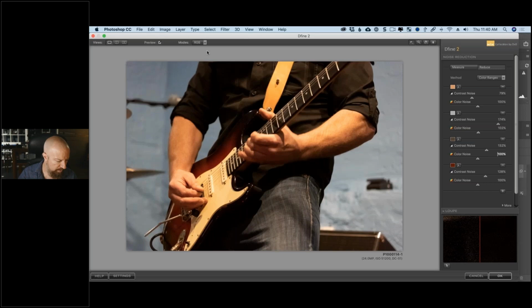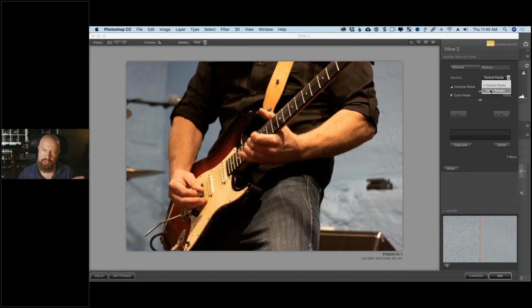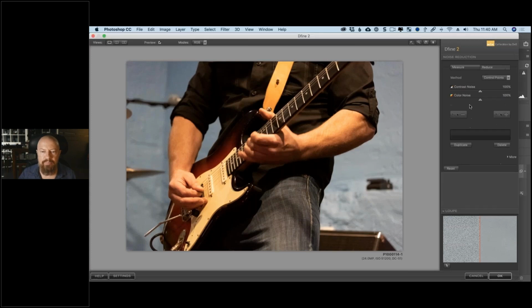Oh, the negative control point. I didn't talk about that. So all a negative control point is, if we're back in the control points range, and by the way, when you switch to control points, it's one or the other, control points or color ranges, so you're not getting both of them, just FYI. Okay,